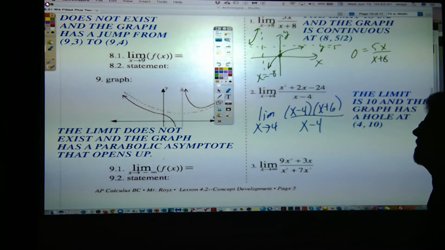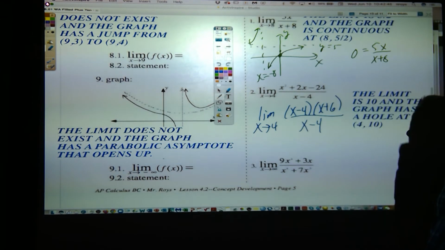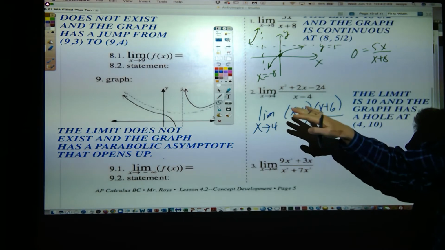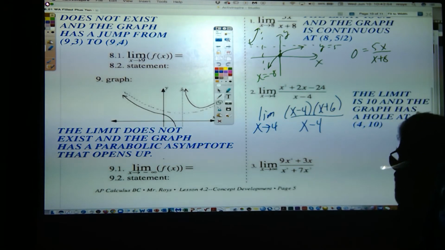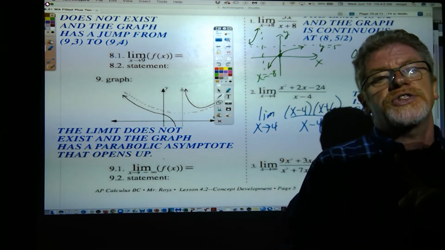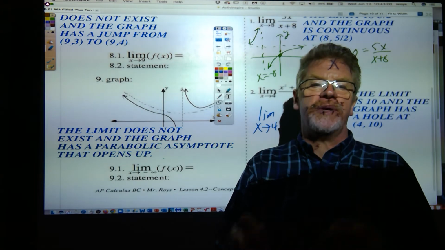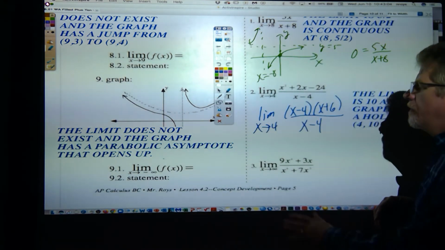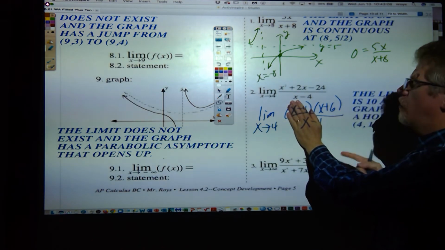In order to make progress on number 2, you have to factor and cancel. Factor the numerator into x minus 4 times x plus 6. Look, there's a common factor. The numerator has a factor that's common to the denominator. So whenever factors cancel like that, that's a signal that the graph is going to have a hole, and the x-coordinate of the hole is going to be the 0 of the canceled factor. So the fact that the x minus 4 is canceled tells you that the x-coordinate of the hole is 4,